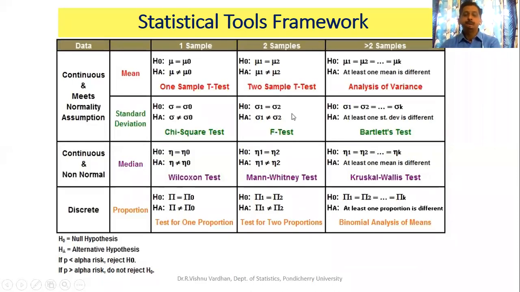When we do a two-sample t-test, we test the assumption of equality of variances. There we use the F-test. For homogeneity of variance, we use the chi-square test, that is n s square by sigma square. And for several variances, we use the Bartlett test. This is the total comprehensive framework of when to use